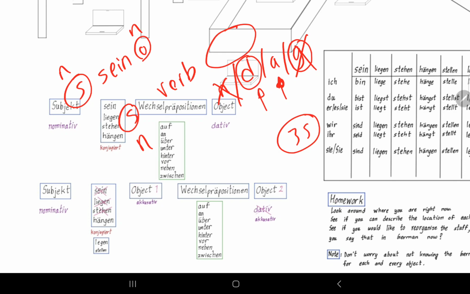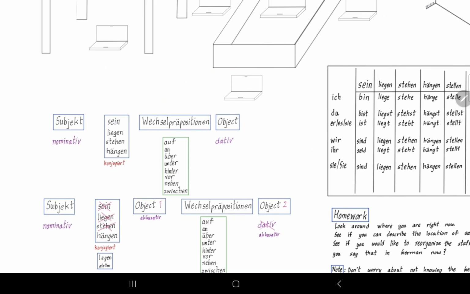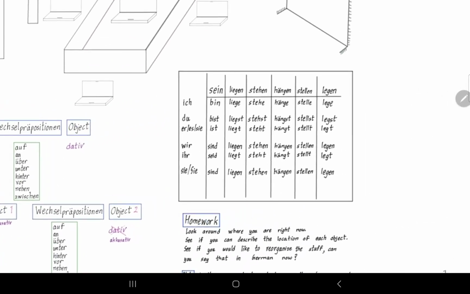So your thinking should go like this: sein, then the object will be nominative. I think werden also requires it. So when werden is used on its own, it also requires the object to be nominative. But any other verb, it will be either dative or accusative. And if that verb is not part of your dative list, you can assume the object to be accusative. All right. So you could follow that. Now